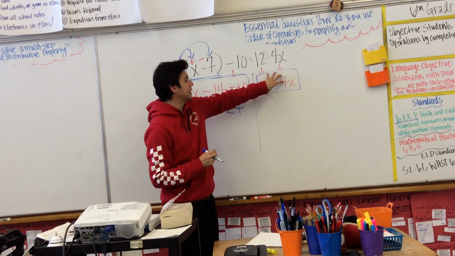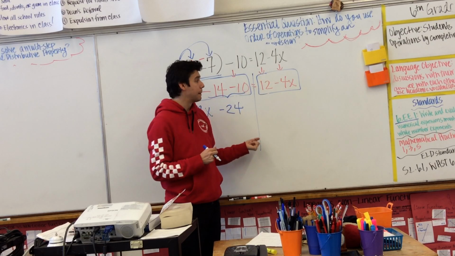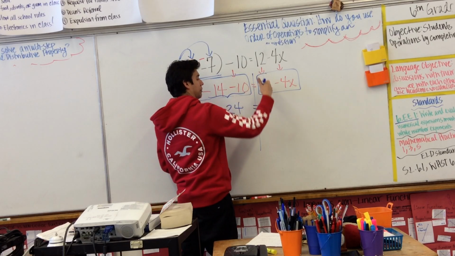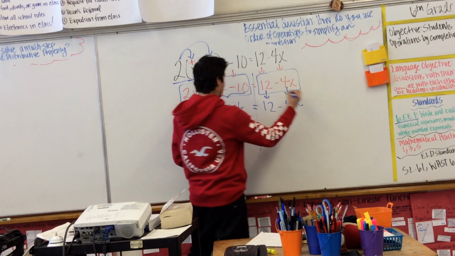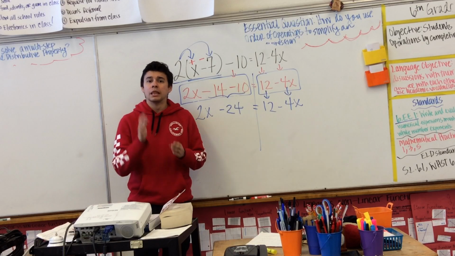Could I combine anything in this rectangle? Could anything in this rectangle be combined before I drop it? Well, you can't. So therefore, I'm going to drop these numbers right here. 12 minus 4x. And look at that. Now it became a problem that you know how to do. Let me go over the